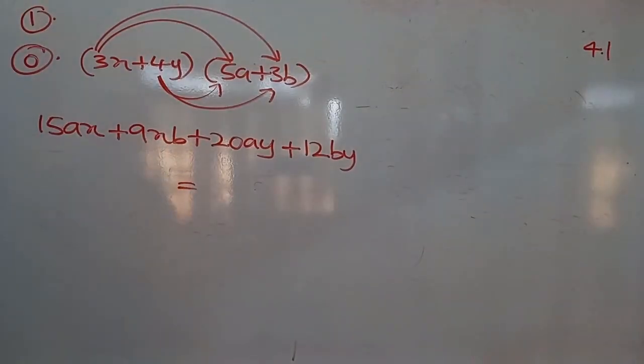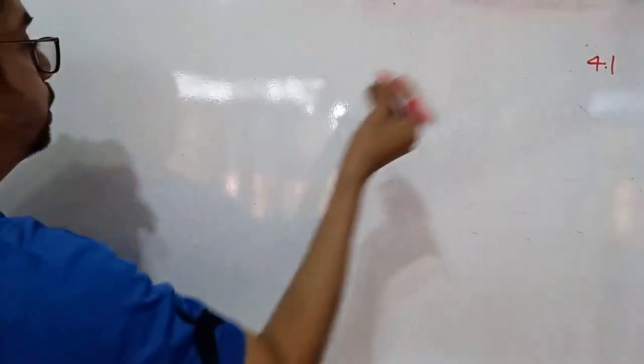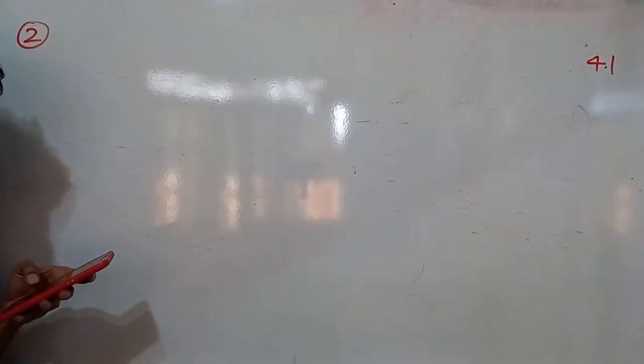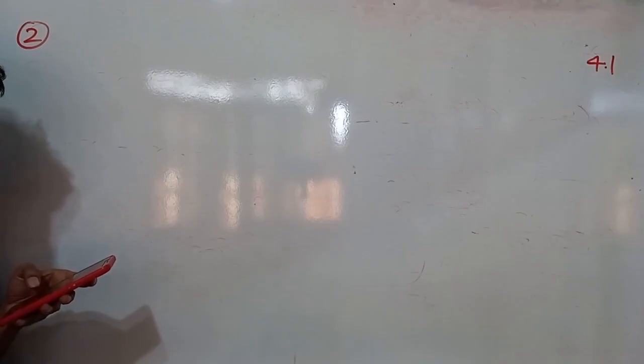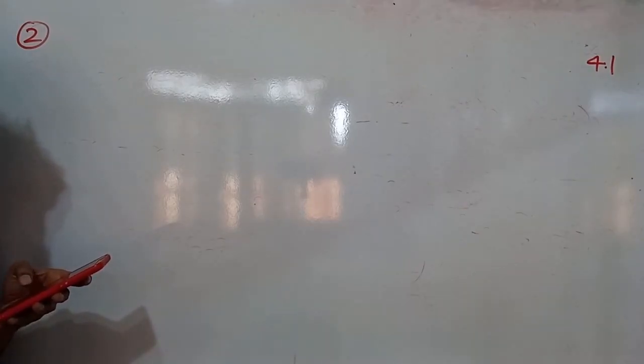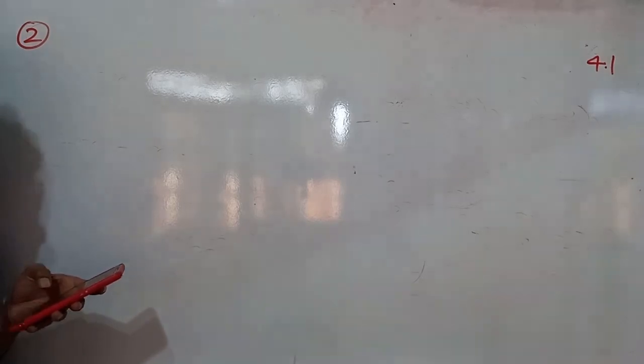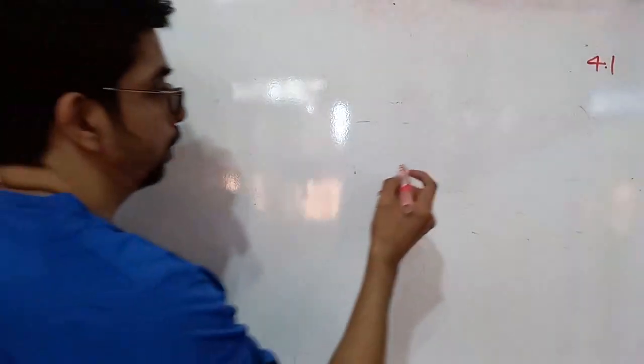Right, so that is the end of question 1, exercise 4.1. Right, exercise 4.1, question number 2. If the length of a rectangular shaped field is within brackets 2a plus 7 meters and the breadth is within brackets 2a minus 3 meters, determine the area of the field in terms of a. Right, so first of all,